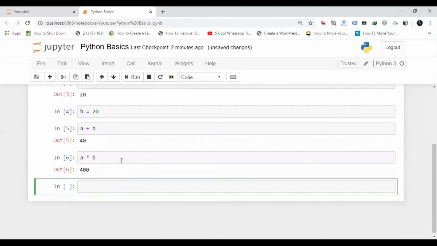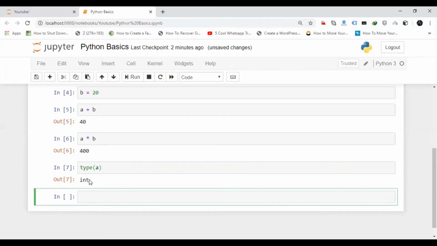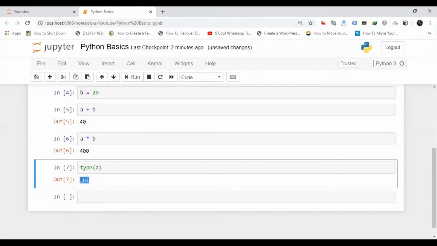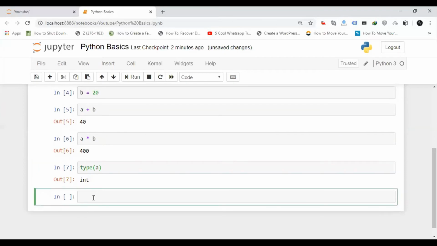Now if I want to know the type of the variable, which data type it is, you can find it by using the function type. You can simply write type of a. Here it is giving you int, which means it is of integer type. Now I'm declaring one more variable, b equal to 20.5.